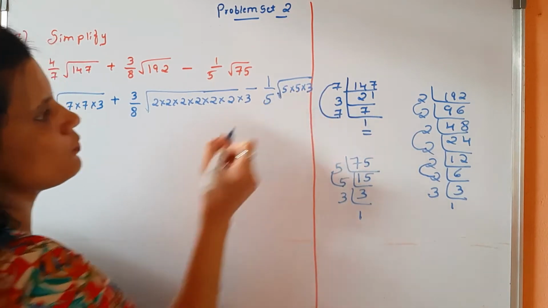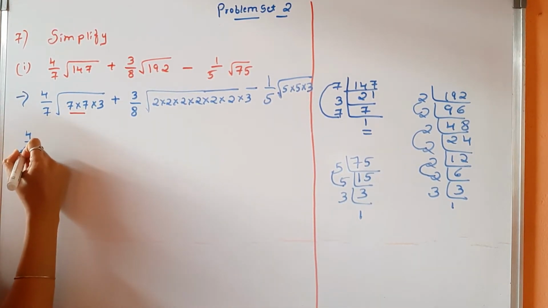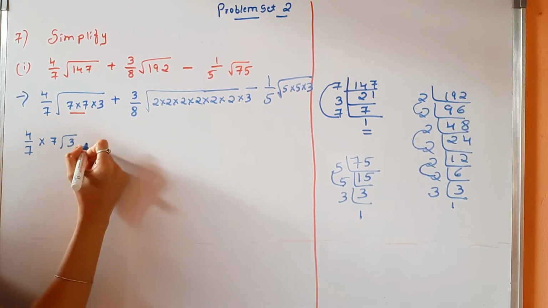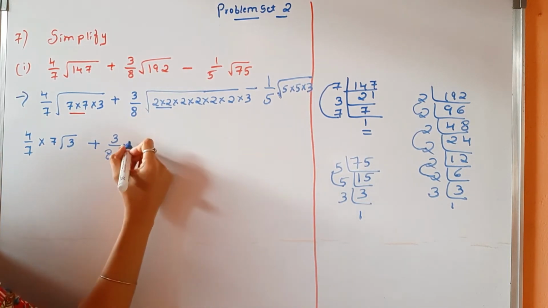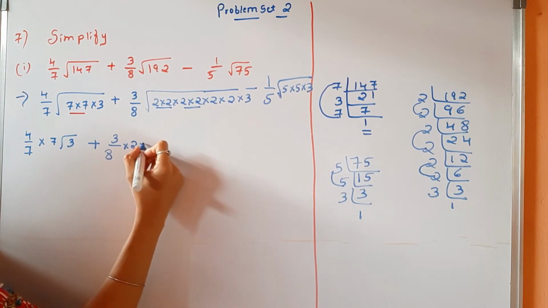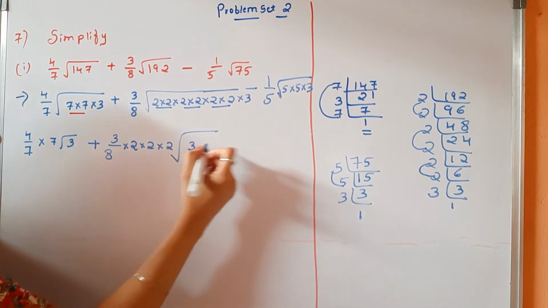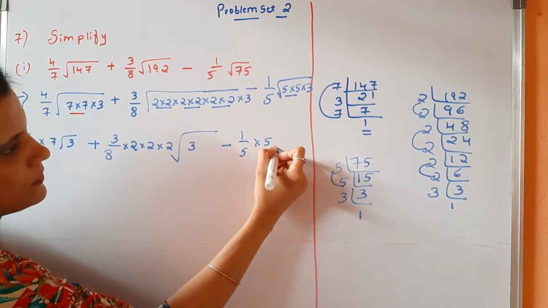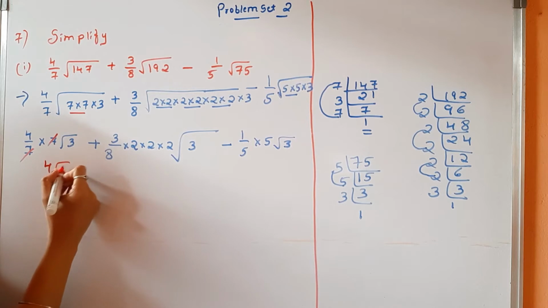Fine. Now you know the method, जो pairing है, that one we can take out. So what will happen here? 4 upon 7, here 7 will be outside and square root of 3. Here 3 upon 8 and इधर pair कितना है? देखो 1 pair, so that I took out. Here 1 pair I took out, and remaining is 3. Now here only 5 का 1 pair है, 5 root 3. Now you know that here 7 will get cancelled, you will get 4 root 3.